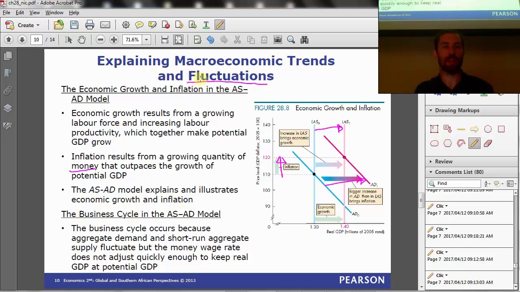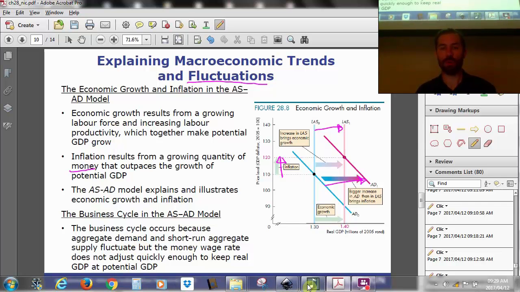How do we get a business cycle? How do we get fluctuations? Well, the business cycle occurs because aggregate demand and short-run aggregate supply fluctuate, but the money wage rate does not adjust quickly enough to keep GDP at potential GDP. Okay, so returning to our initial set of diagrams here,